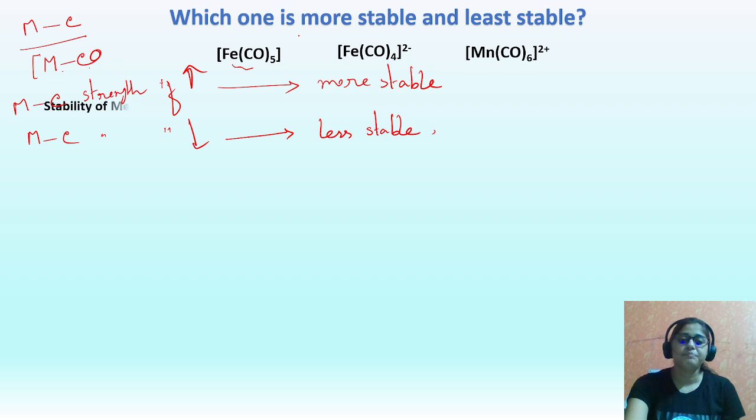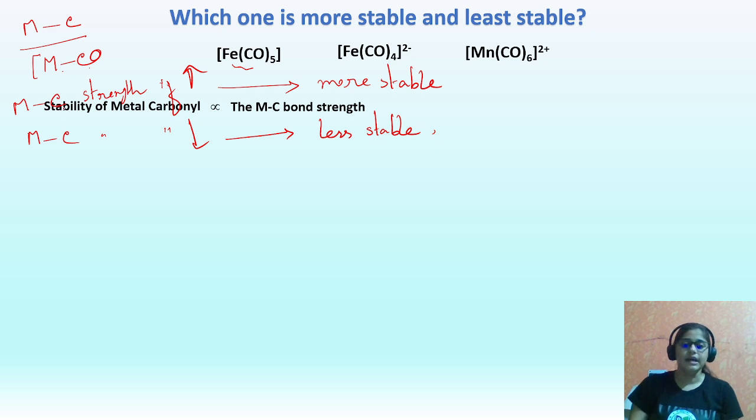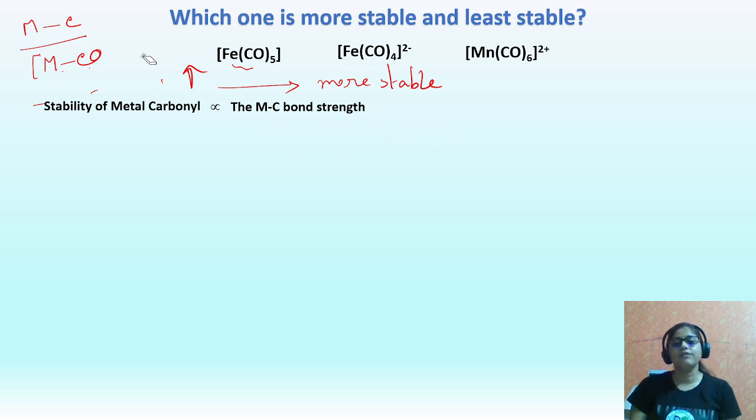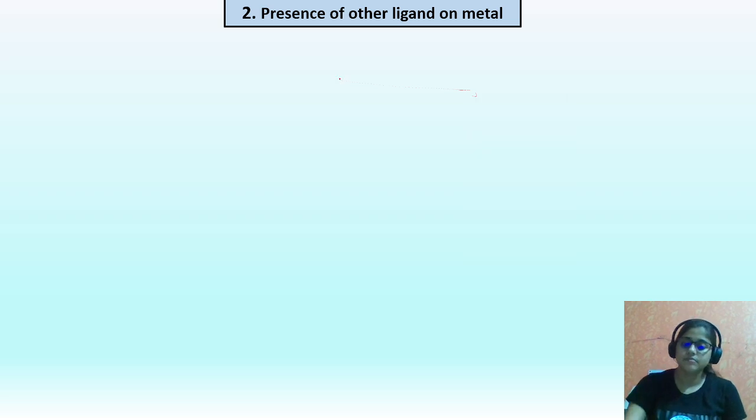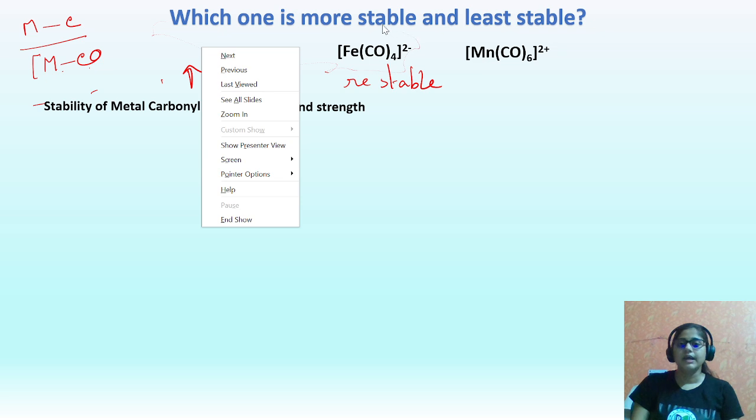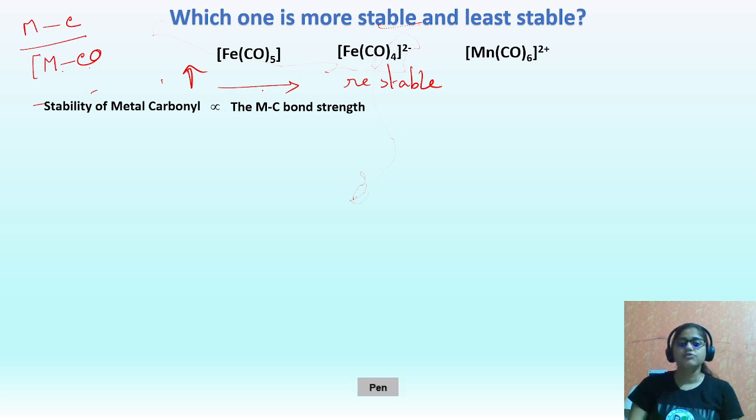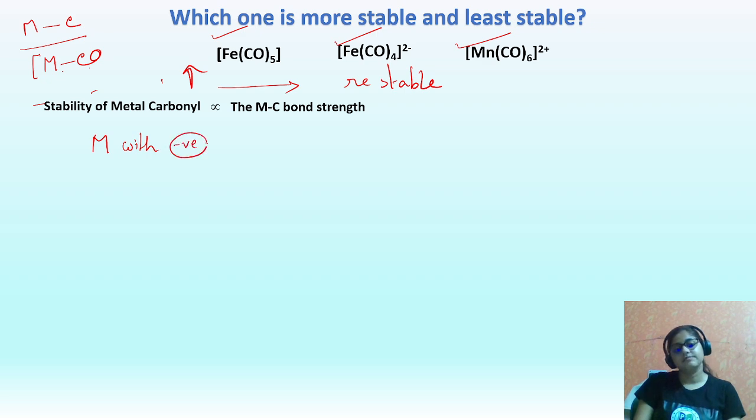Okay. So now the stability of metal carbonyl depends on the M-C bond strength. I have just now told you. So here, what are the options? One option is that, here negative charge is present. Here a neutral molecule, here two negative charge, there two positive charge, right? We previously also talked about this kind of complexes. Whenever a metal has negative charge, the metal with negative charge can